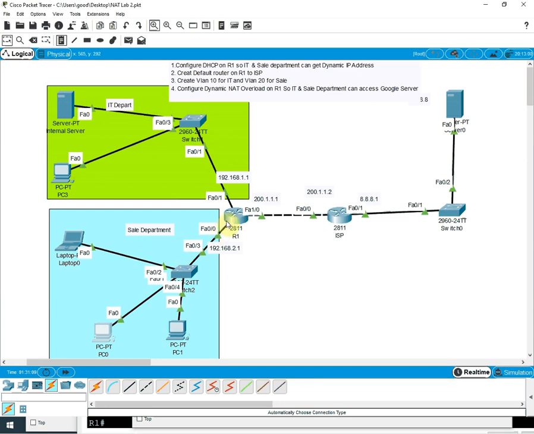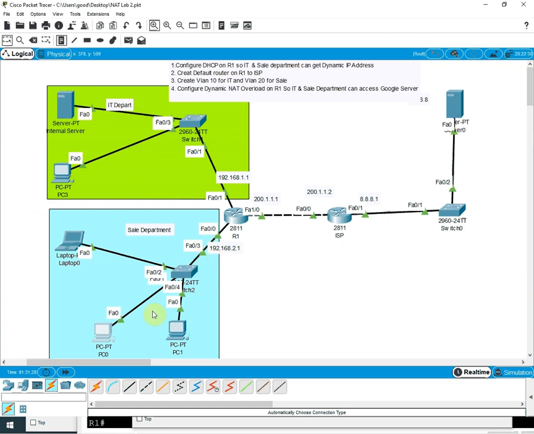So that's why we are getting the DHCP IP. If we did not put this port in VLAN 20 and this one in VLAN 10, then we will not get the IP address, because these ports are in different VLANs. That's why we put this port in the VLAN 10 and this port in VLAN 20.